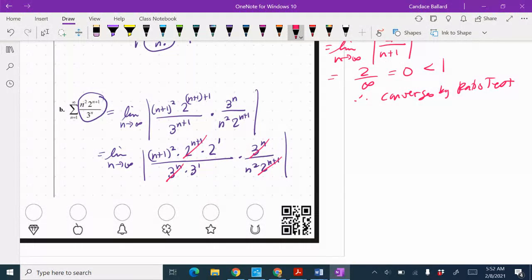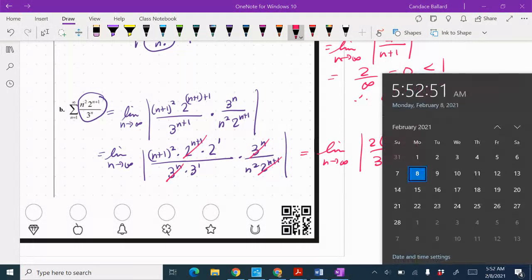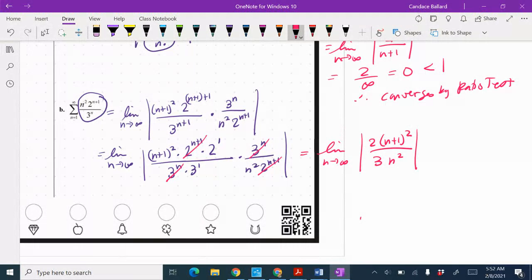So now let's write out what's left. So we've got the limit as n approaches infinity of 2 times n plus 1 squared over 3n squared. And then I know that my limit as I approach infinity is, because the exponents are going to be the same. Even if I FOILed this out, I know my highest exponent is a squared. So I know that that value is 2/3. So this is equal to 2/3, which is